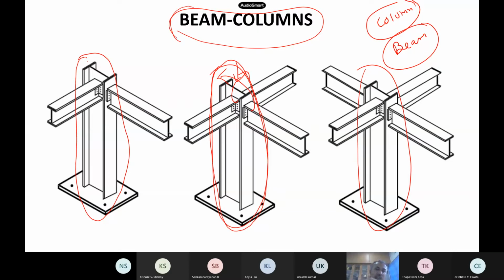Now the next thing is beam columns, which you have already started. This is also very simple, because you already know how to design a column and how to design a beam. Now it is a combined kind of thing, which is more realistic. In practice, most columns will have bending moments, also biaxial bending on both sides, bending this side and that side, and then the compressive forces. So how do we design these types of beam columns?